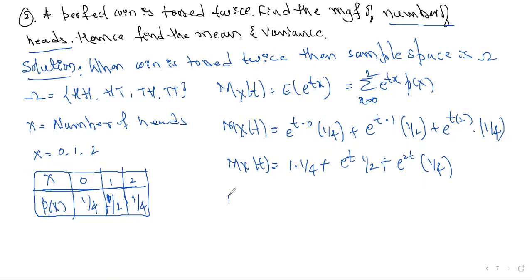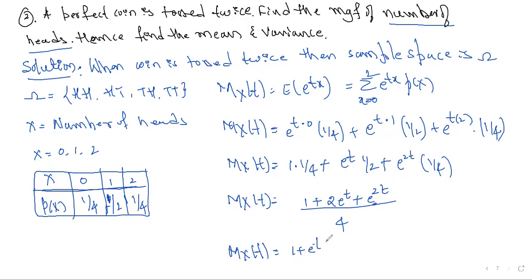Right. So M_X(t), if I take 4 common, it will be 1 plus 2 into e power t plus e power 2t, right? So this is what the MGF is. You can simplify further: M_X(t) equal to 1 plus e power t, whole square, divided by 4, right? So this is what the